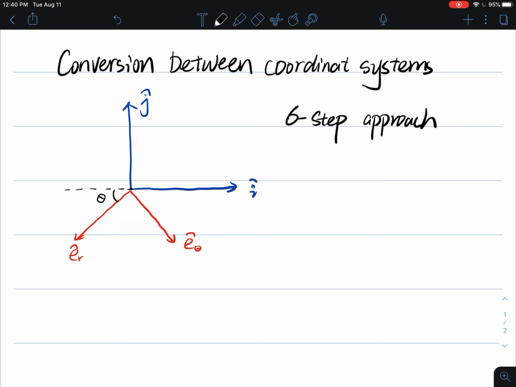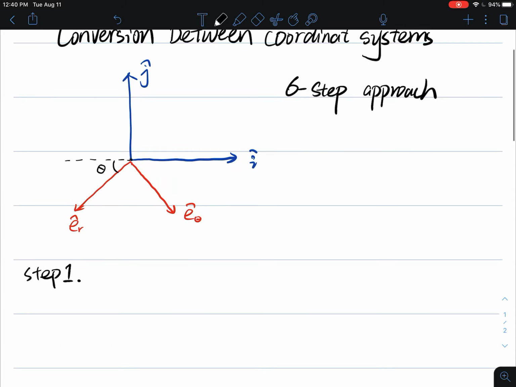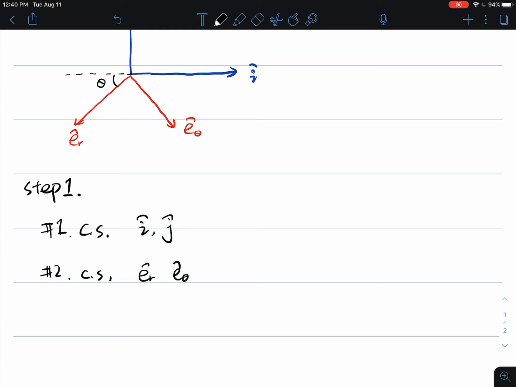Alright, so step one is pretty easy. Step one is to identify the coordinate systems. And in this case, we have the first coordinate system, and that is our i and j coordinate system. And the second coordinate system we have is our e_r, e_theta coordinate system. And the second step